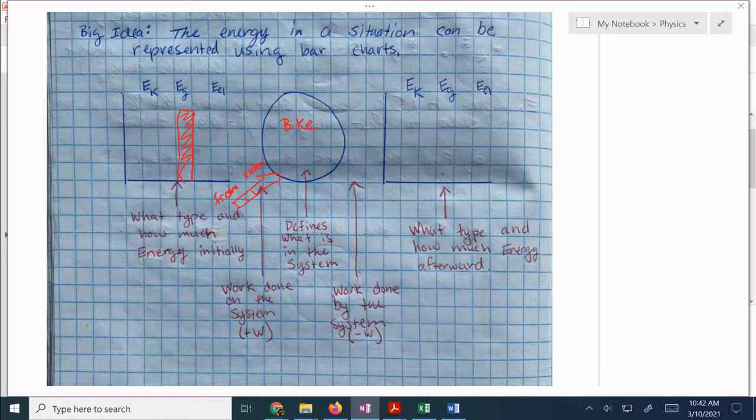If I included the rider in here, the problem that occurs is I have to figure out what kind of initial energy the rider had. Did they have elastic energy, kinetic energy, gravitational energy? It's probably not one of those things because people are fairly complicated. We'll talk more about that in a second, but generally you don't include people in the system,